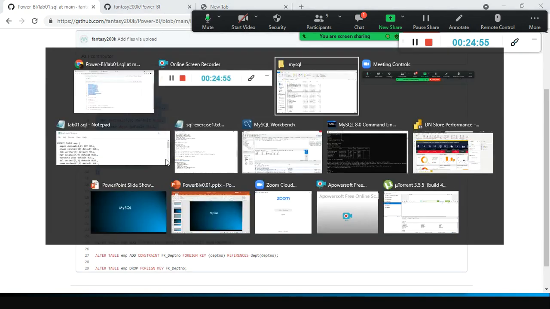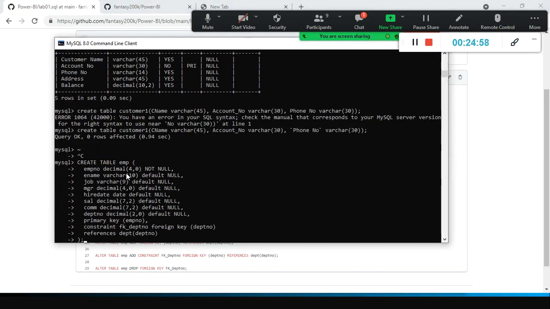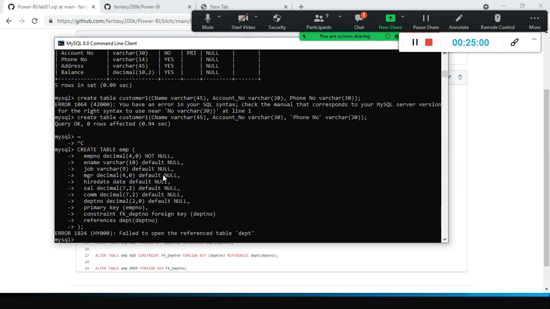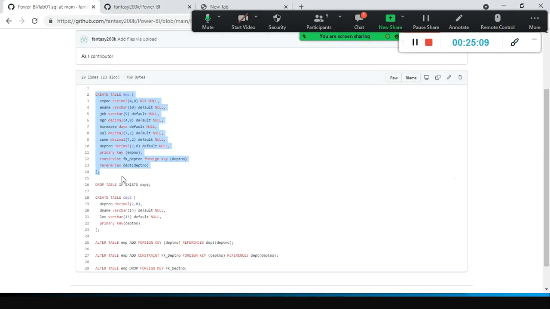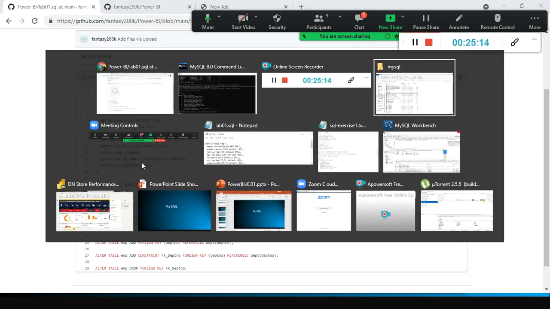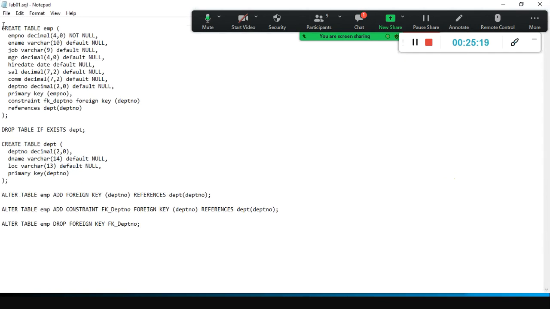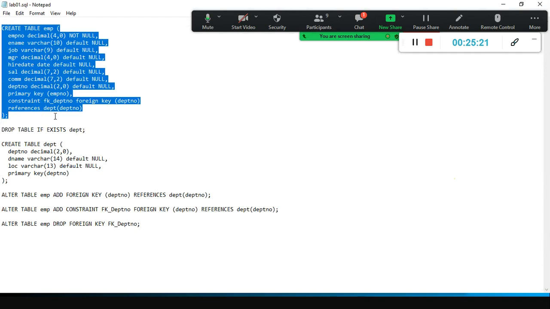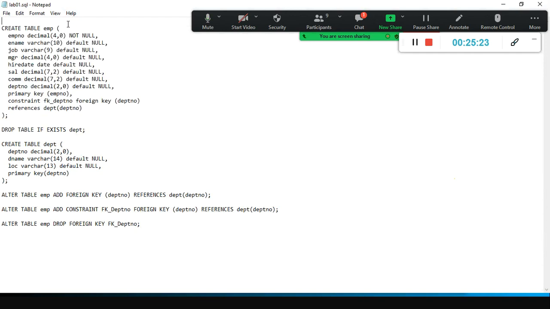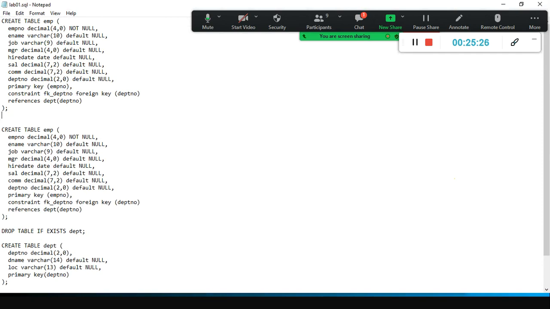Copy, and then go to the command prompt and paste it. So now what happens here: this table has a foreign key to the department table. I will tell you what that is later. Okay, I made a mistake. We will go step by step here, in the interest of those who do not know RDBMS. First you start with EMP, and constraints and all.